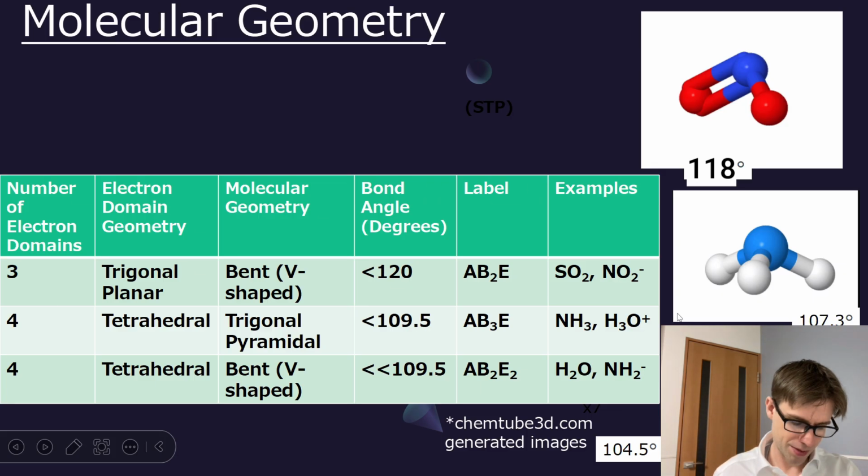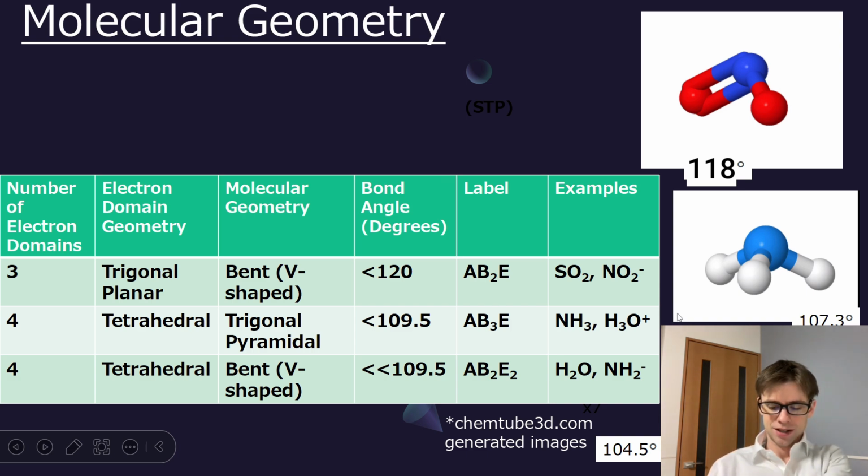So what if we have a trigonal planar electron domain geometry, but in one of those domains we have a lone pair instead of a bonding pair? That's going to give us an AB2E label. We label the lone pairs with E. I don't really know why. I guess E for electron. But that lone pair E is going to push the other bonding domains away from it and towards each other. And that's going to lower the bond angle that we observe in that molecule or compound. So examples like SO2, sulfur dioxide, or NO2-, nitrite,